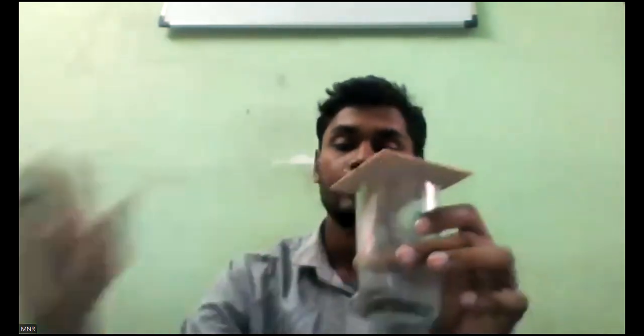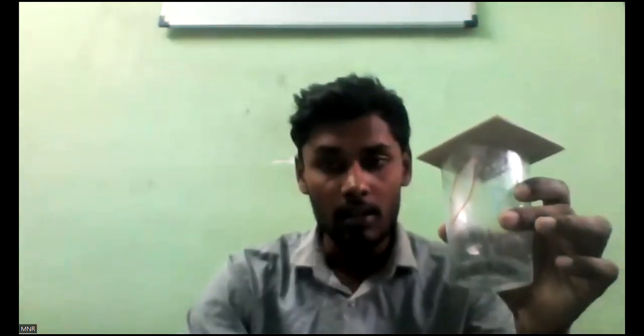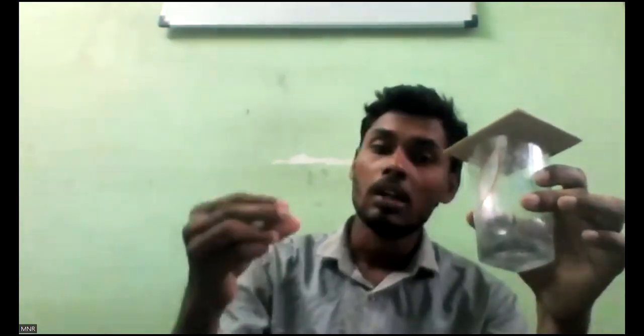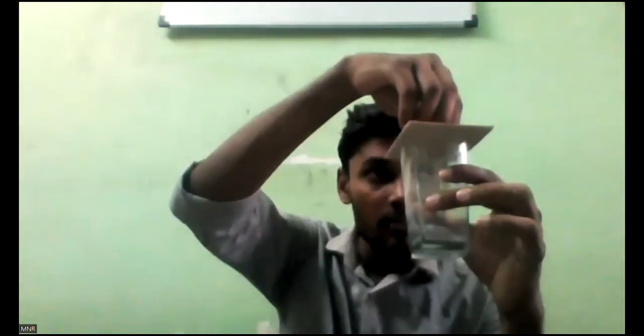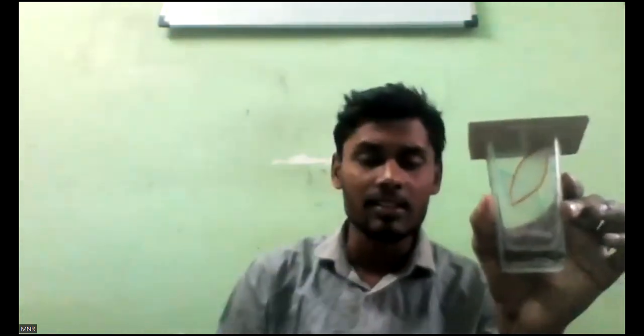I have kept the cardboard here. Are you clear, everyone? Now, everybody, if you have a glass and cardboard, are you doing it? Kaushik, do you have a glass and cardboard now? Yes, please. If you have, please do it. Now, take the coin. You can see this coin. I kept the coin exactly in the middle. Now, what is the position of the coin? Top of the cardboard. It is the state of rest.